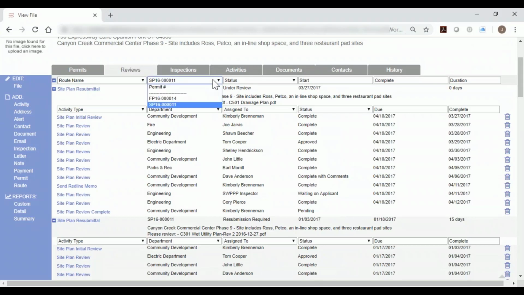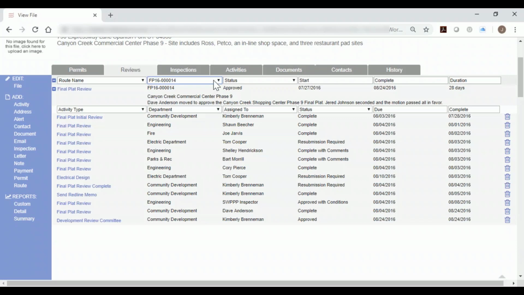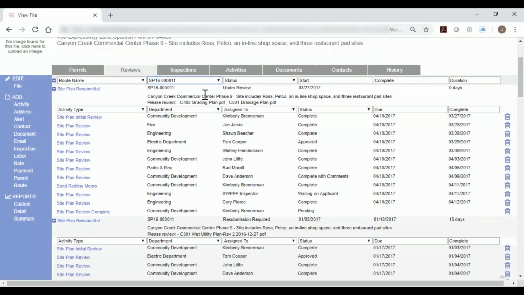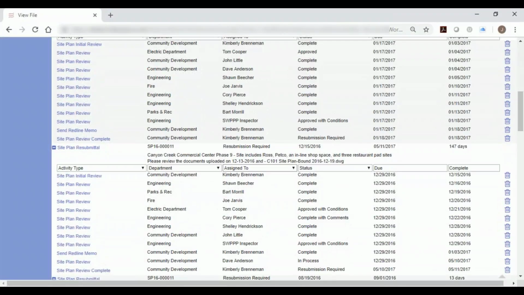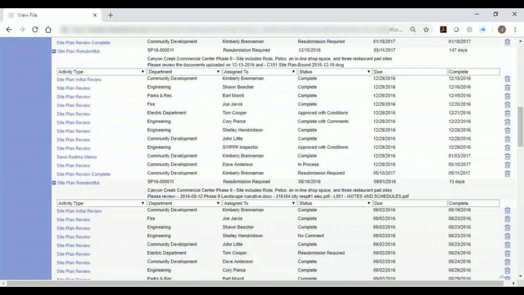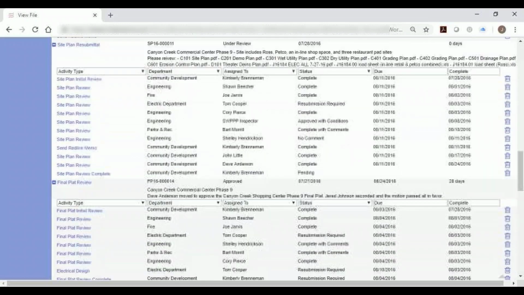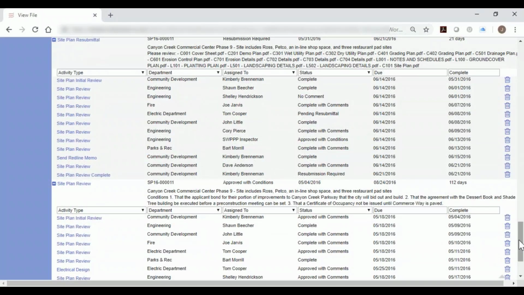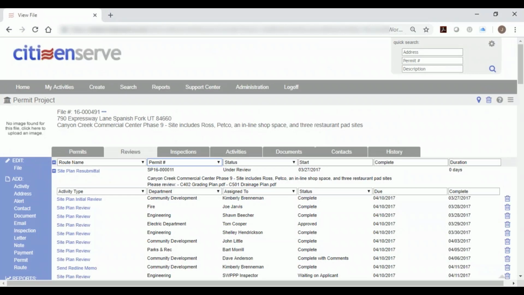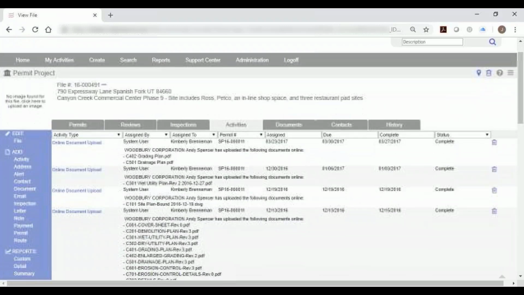If I just want to see my reviews associated with the final plat, I can. You can see there's a lot of activity going on with this. It finally did get approved, but it got kicked back a lot. And I can see other activities. You see all the